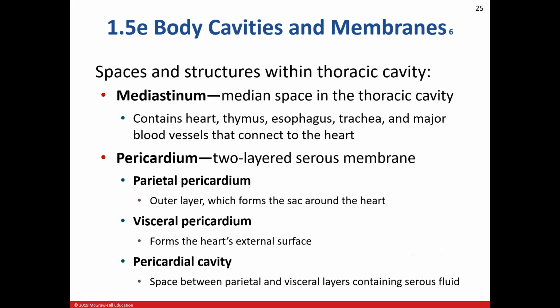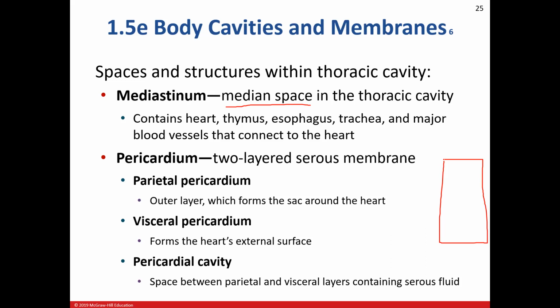All right, so going back to our spaces here, you can see the mediastinum, and it's a median space, which means it's directly dead center in the thoracic cavity. I call it a columnar space, which means it just looks like a big column. And you need to know what's found in the mediastinum. The heart, obviously, because that's in the middle. Well, it's off to the left a little bit, but it's still part of the mediastinum. The thymus, which is an important gland that you get to learn about when you do the immune system,